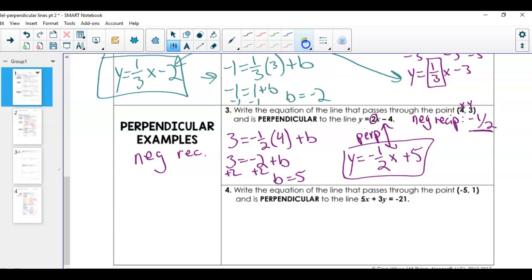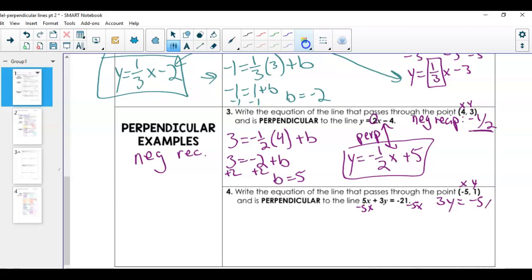Okay, let's try another example. Now in number 4, we are given our ordered pair, but our equation is in standard form. So now on top of trying to figure out what our new slope is, we also need to convert this. So I'm going to go ahead and start that by subtracting 5x on both sides. So we have 3y equals negative 5x